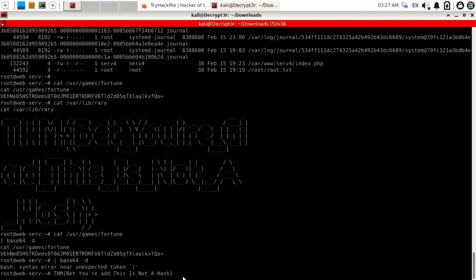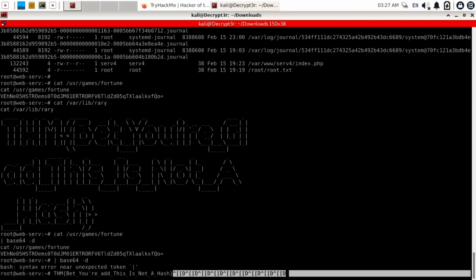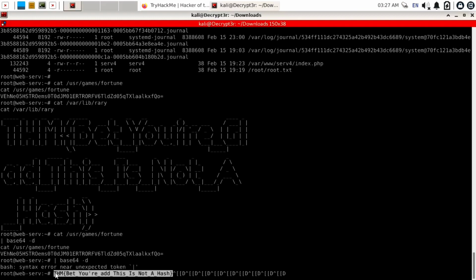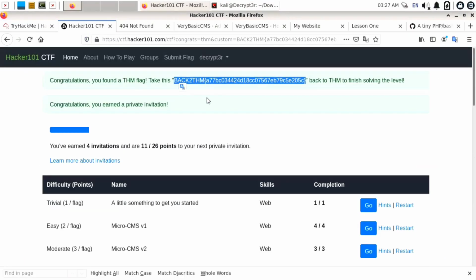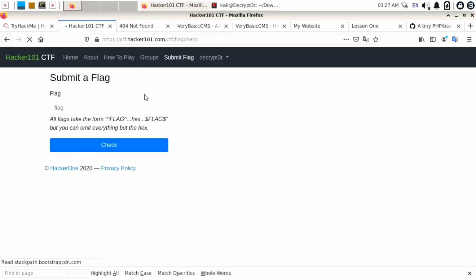I think this is not an add, this is a glad, because it looks like a G and L after UR. So I'm a little bit confused. Okay, copy this, right click, open the Hacker101 CTF challenge, click on submit flag and paste our flag here.